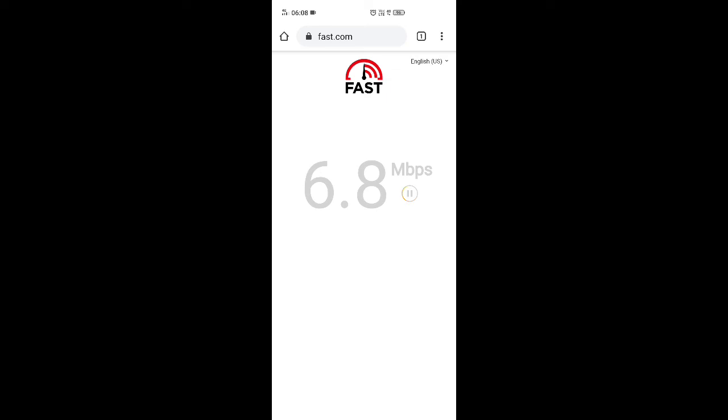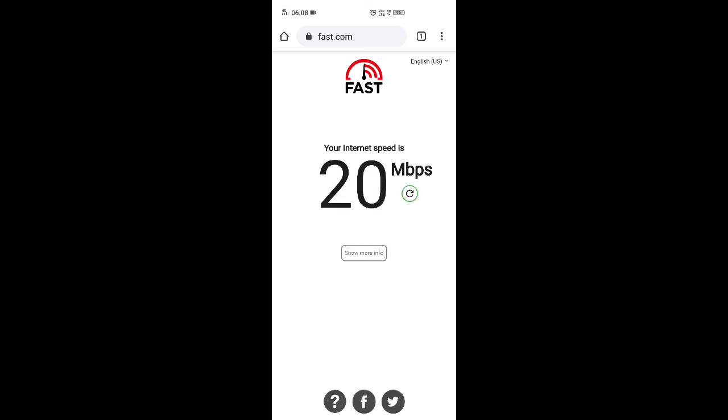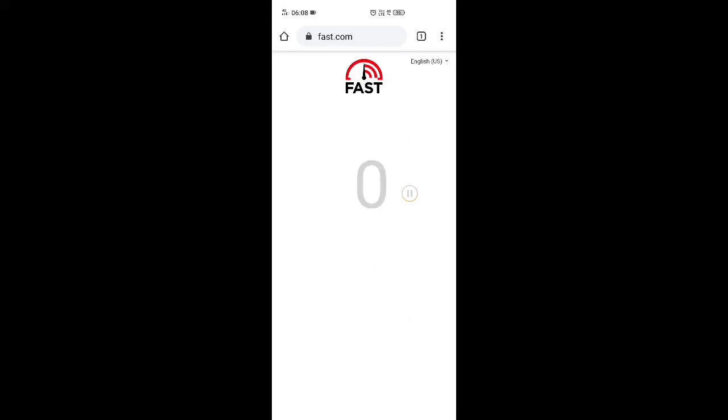Kindly note that the first time you run this, you will not get your full speed. So wait for the speed test to finish, and once it is done, refresh the web page and test again, because after some time you will get the real speed.